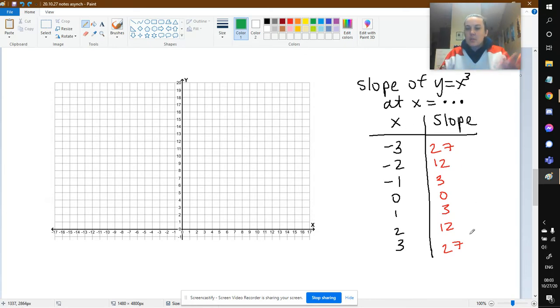And so I found the slopes. Now I'm going to graph them. I'm going to say, hope this function looks familiar. Right? It does. So we've got 0, 0. At 1 and -1, it's both 3. At 2 and -2, it's both 12. Boom, boom. For 3, it's way up here, right at 27. And when I connect the dots,